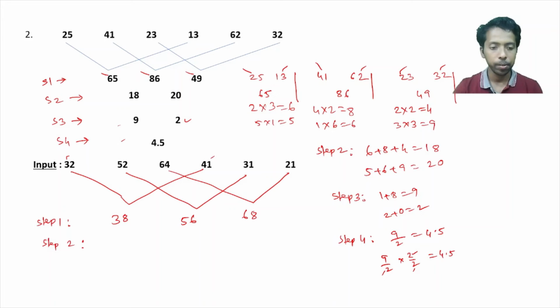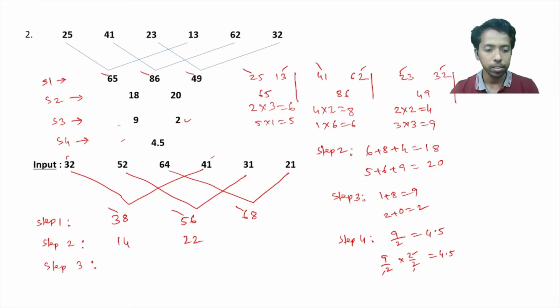Step 2 here. Right. In step 2, just take the tens digit in one set and unit digit in the next set. Now 8 plus 6, that is 14. So 8 plus 8, 16, that is 22. Right. In step 3, just sum up the digits here and write it. This is 5, this is 4. In step 4,